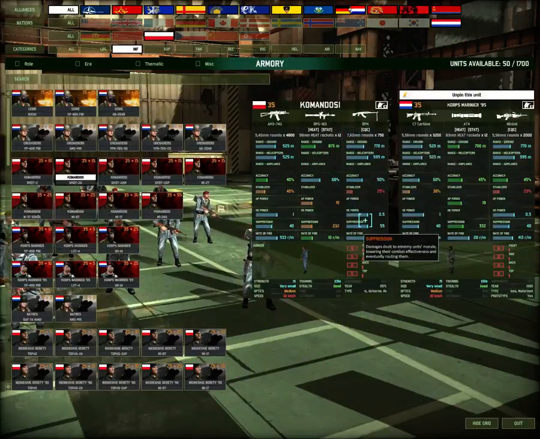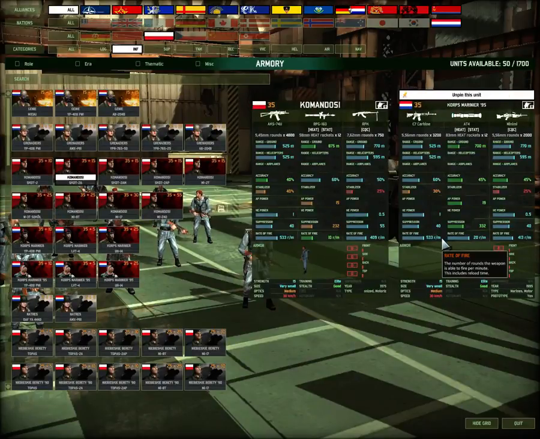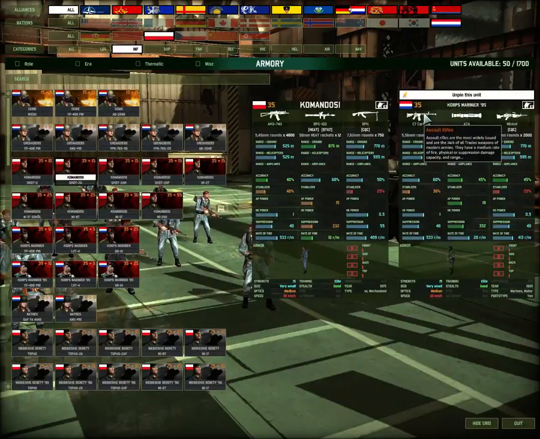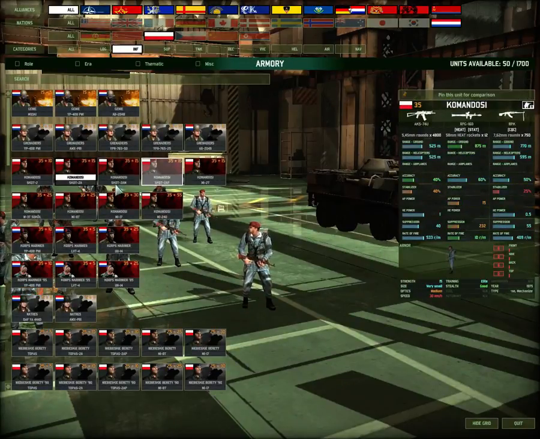The RPK has better suppression and HE, and it's better on the move. But in the end, I don't feel like that's going to really be the deciding factor between these guys. I feel like usually the deciding factor for infantry comes down to the assault rifles. And so I'm worried that these Corps Mariniers could become blatantly overpowered, and I've even heard that these things can